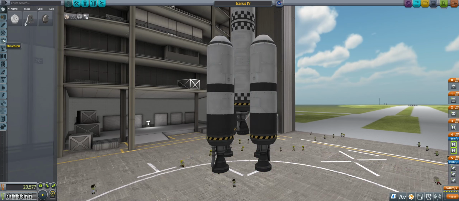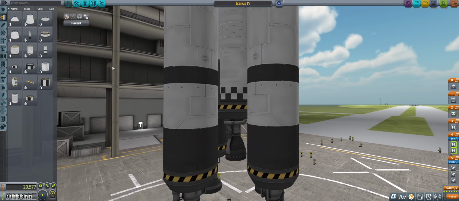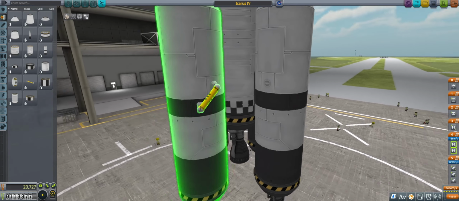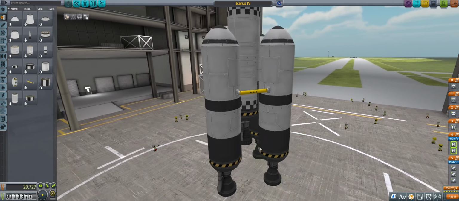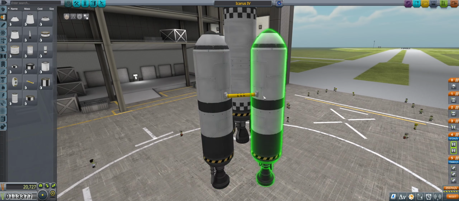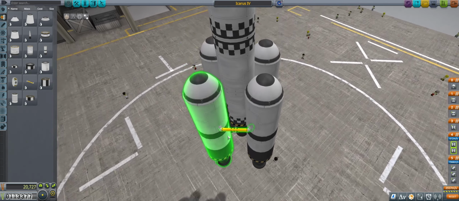Well, this is why we have, where is it? Yeah, here it is, this fuel duct. Basically, if we want to drop this one first, let's put it on this here for cosmetic purposes. If we feed the fuel from this into this, then they are going to share the fuel. But this is feeding this one, so this will run out first. And then we can even